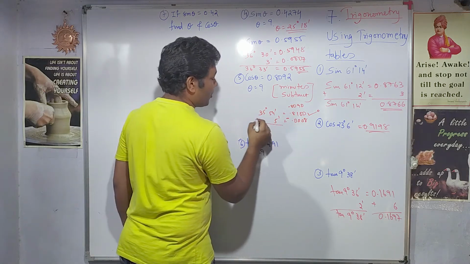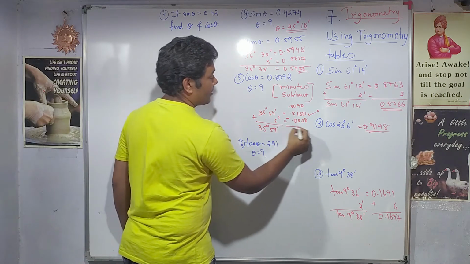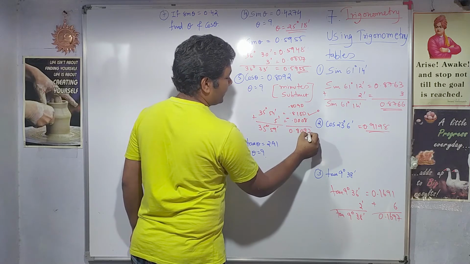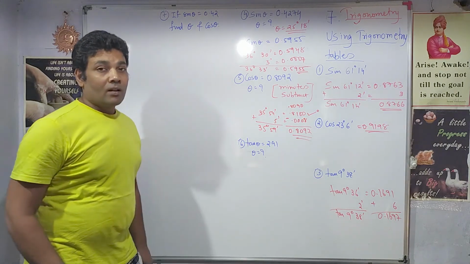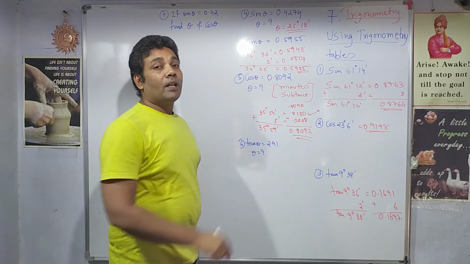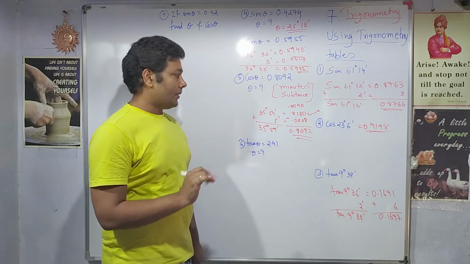That is what is important. Degrees we always add. Degrees are always added. So if you do this, you get the value 0.8092. That is the answer. So you have to pay caution and attention just in finding the values of cos. The rest are simple. Sin and tan work as they are.